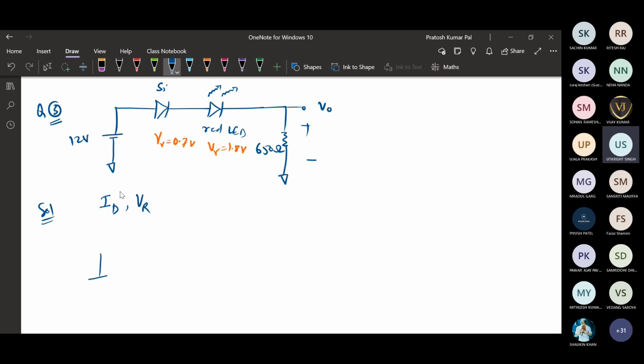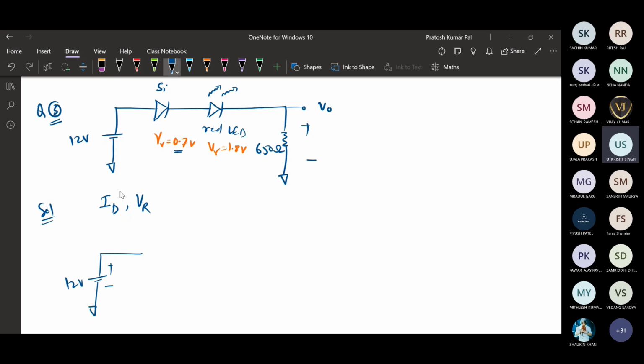So in that case, this will be 12 volt plus minus. Okay, and this silicon diode. First of all, we will consider whether this diode is forward bias or reverse bias. If it is forward bias such that the applied voltage is greater than 0.7 volt, the knee voltage, then it will be represented by its equivalent 0.7 volt. That will be considered as an on mode. It will be working in on mode.